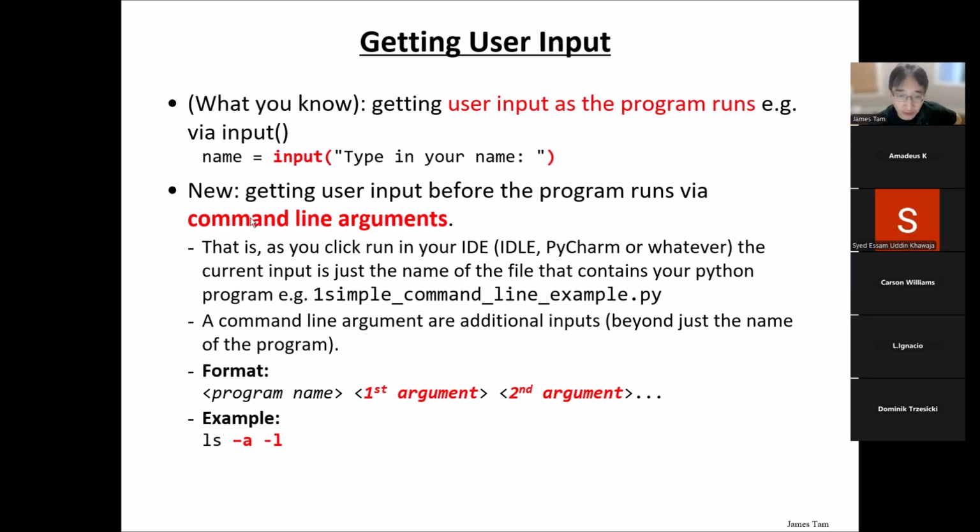Command line arguments, the difference right here. This is just to stress, as people miss these things. This input happens as the program runs. This part, the key part, is before. And another part with command line arguments is you get all the inputs at once,